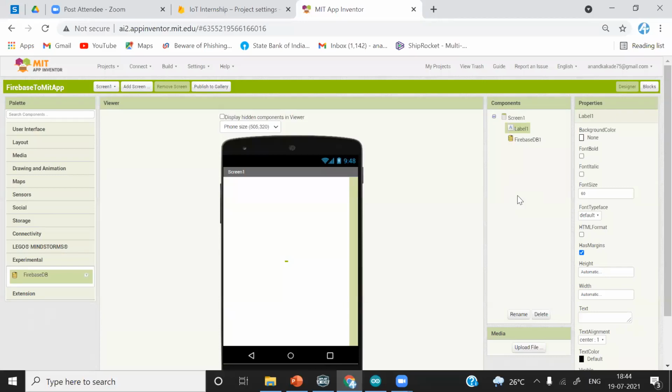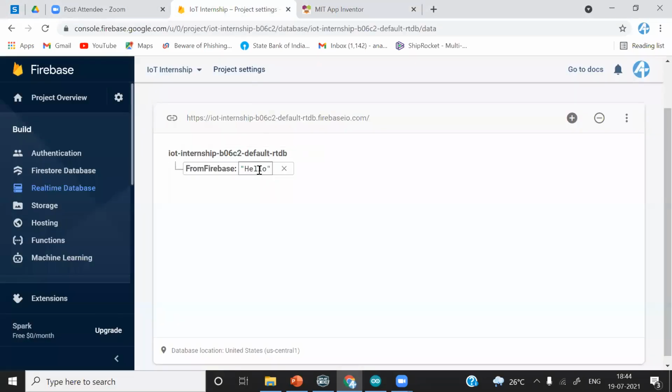Yes, sir. Okay. Now what I will do, I will simply change the data and you can observe the change in my smartphone. I will make a number 1254. Is it visible? 1254. Okay. So we are receiving data from Firebase to Android application. So I will change it again to IoT space internship. Yeah, I'll just give it as IoT. Is it visible? Okay.